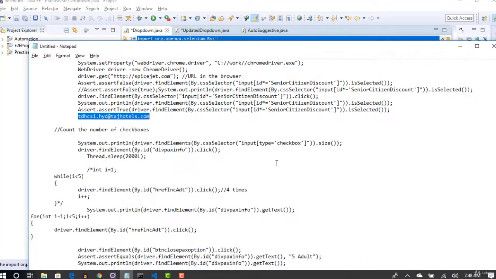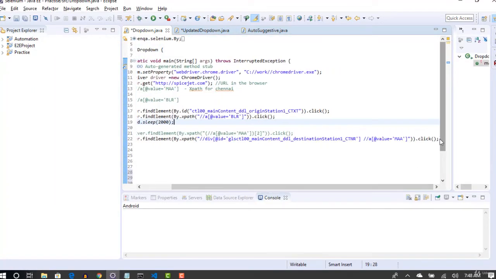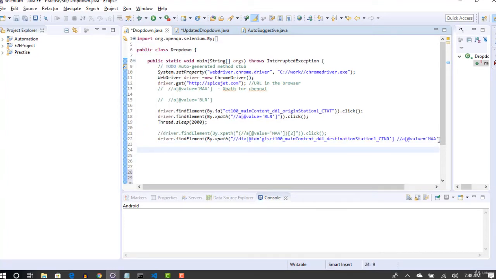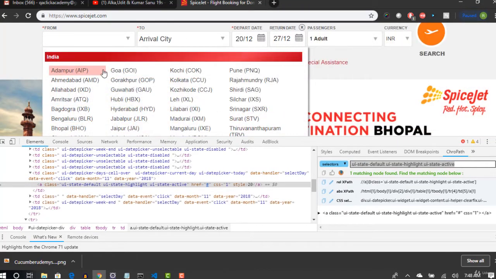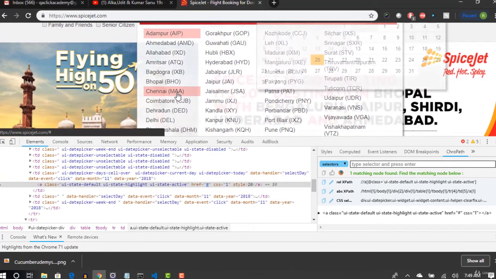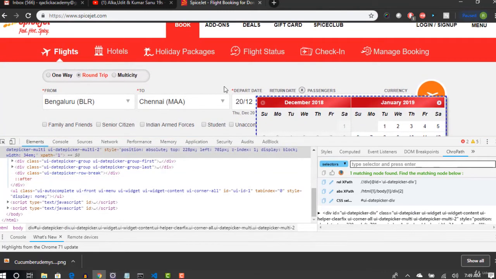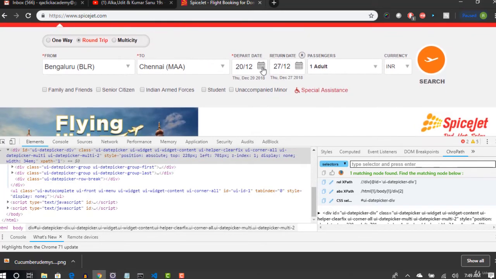First I'll copy this code and I'll place it somewhere so that if something is missed we can come back and edit this. Alright, so I'm doing this in another class because in this class we have entered from place and to place. Once you enter these two, then only this calendar will get activated, I think. Let's see. I'll select Bengaluru here to Chennai. These are my favorite destinations. Okay, I always travel from Bangalore to Chennai for some consulting every time.